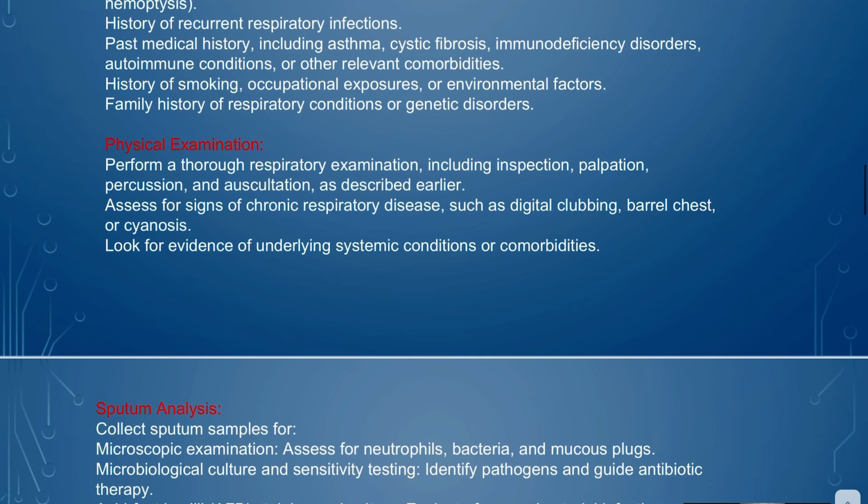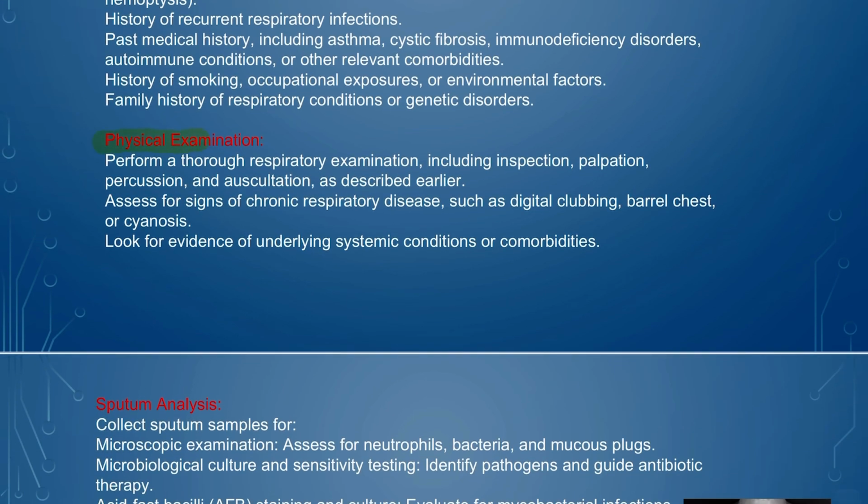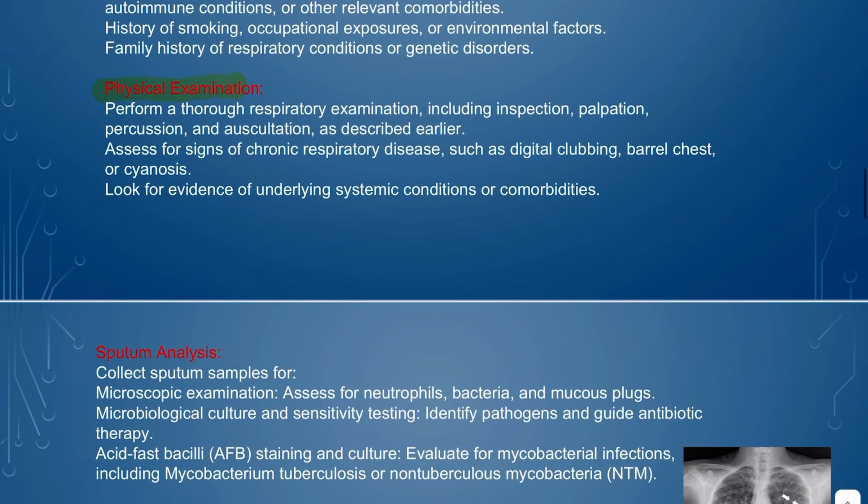And then obviously you're going to do the physical examination. We're going to assess for any signs of chronic respiratory disease like digital clubbing, barrel chest, or cyanosis, and look for any underlying systemic conditions or comorbidities. For example, if we are thinking about autoimmune diseases, the patient may have other findings like rheumatoid hands or deformities of the hand, which can point to the cause of